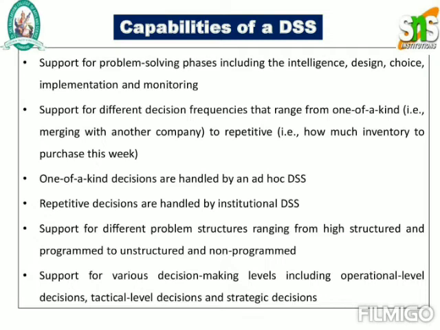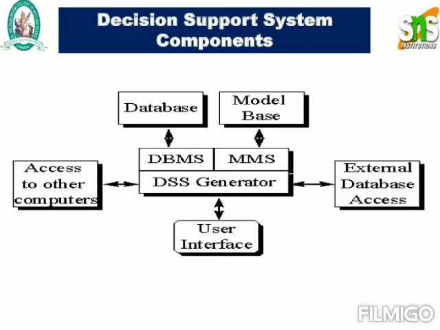So some of the components of your decision support system. Here you'll have a database and a model base. So you'll have a database decision support system with a distributed database. There is your database management system, your data management system, and model management systems. That will have an interface with access to the other computers, and also you can access your front end as well as a back end with the help of your user interfaces. So these are the components which are helpful for decision support systems.